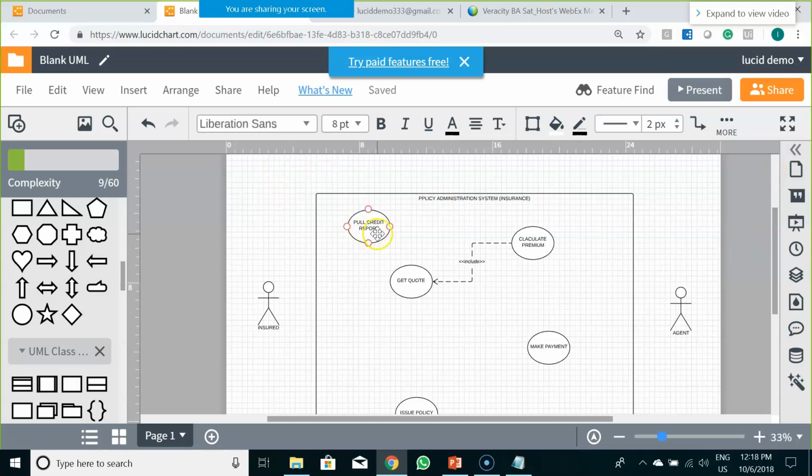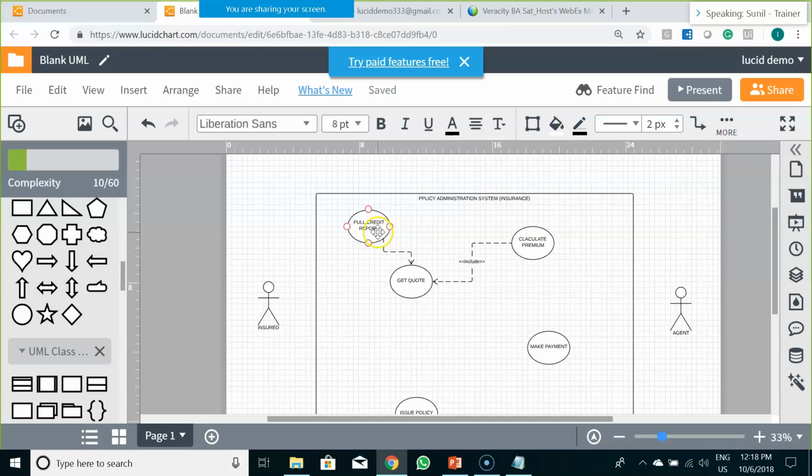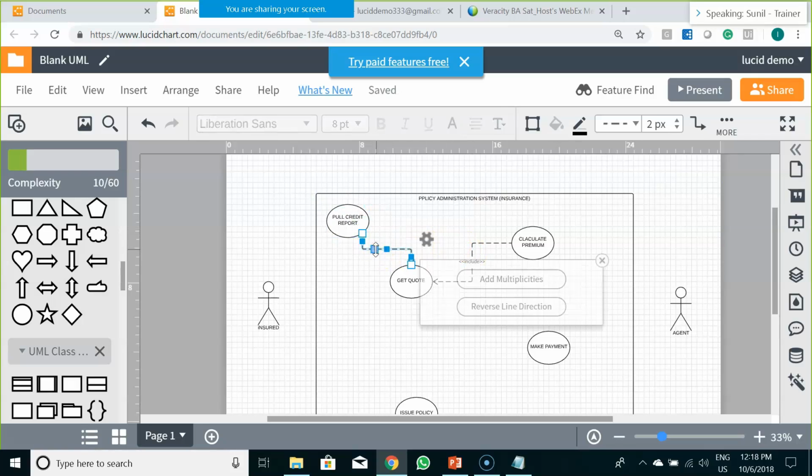Now, can anyone tell me whether this would be an extend relationship or include relationship, pulling a particular report pertaining to that insured? Include is like it would always execute. Extend is like it would execute occasionally, depending on the situation. So what would it be?